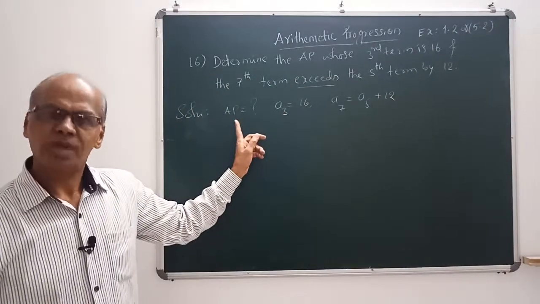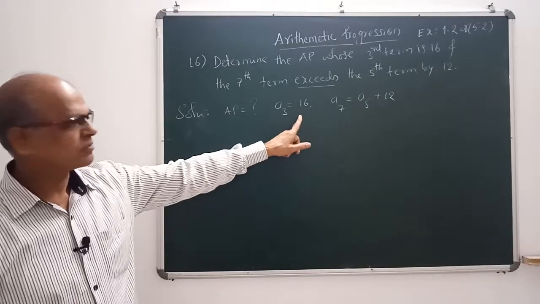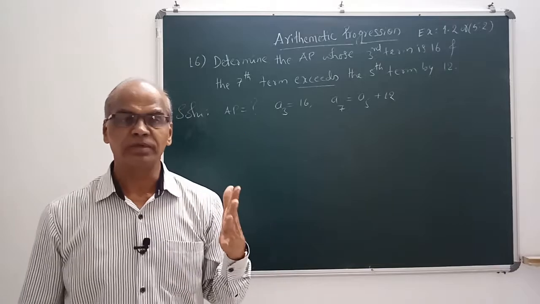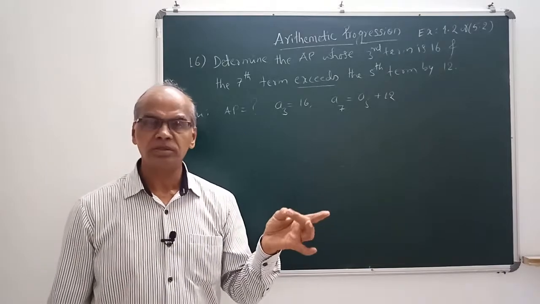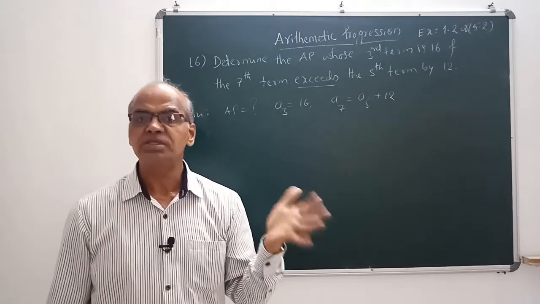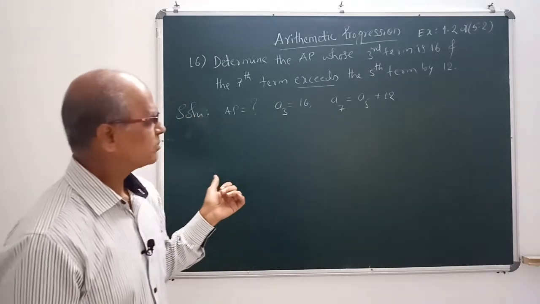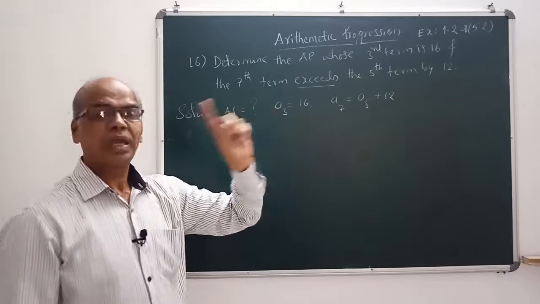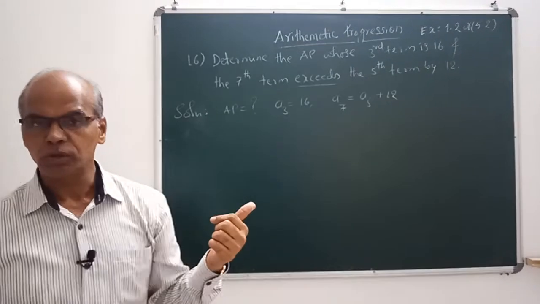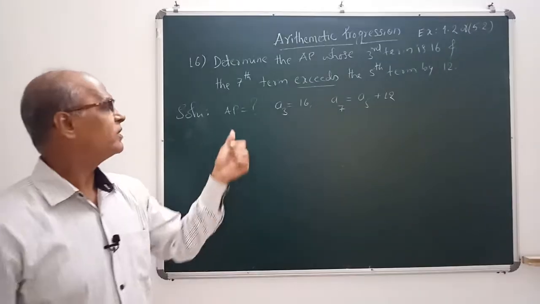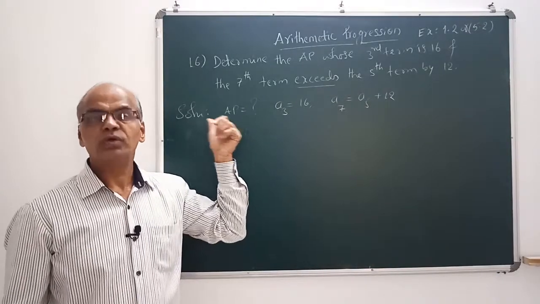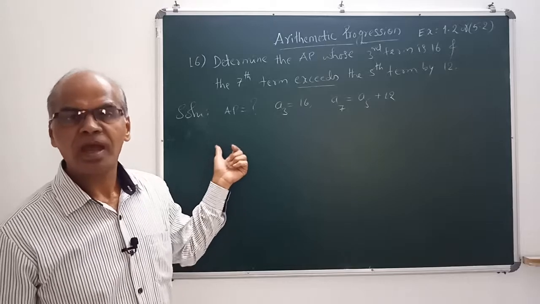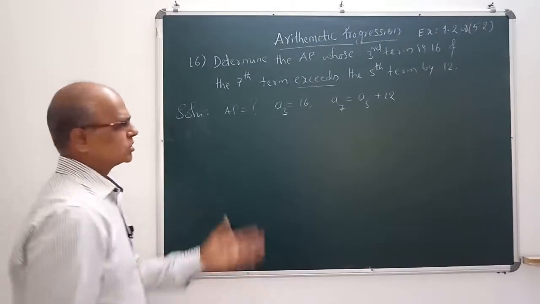What we have to find out is the AP. The third term is given. See here, sequential terms are not given, I mean first, second, third, or third, fourth, fifth. The sequential terms are not given. That means to find it, we have to use both the things. A is not known and D is not known. Unless we know A and D, we can't write the AP. So the first and foremost thing we have to do is find A and find D. Okay, understood? So let us find.